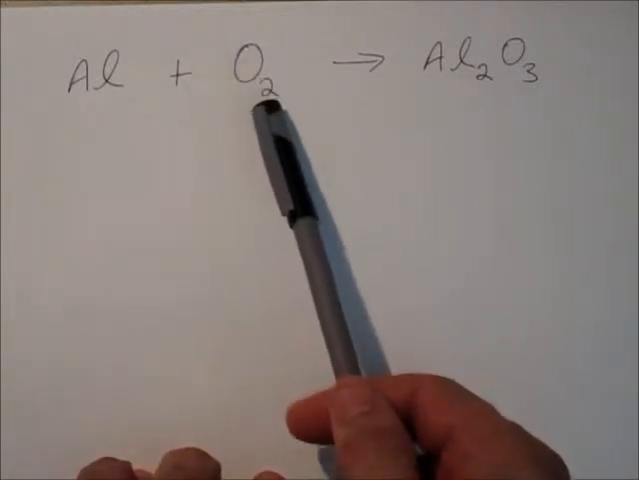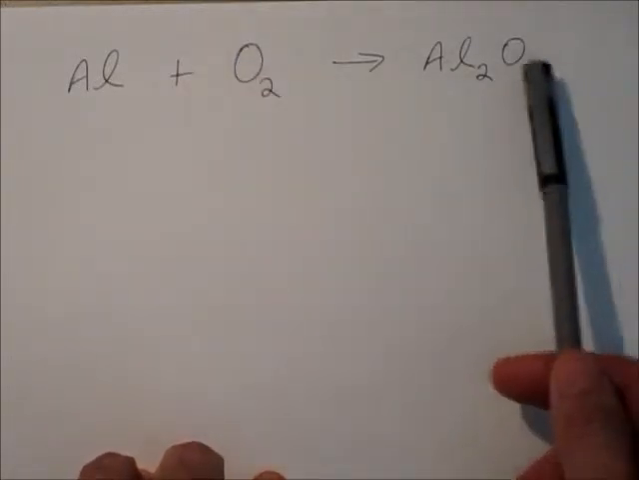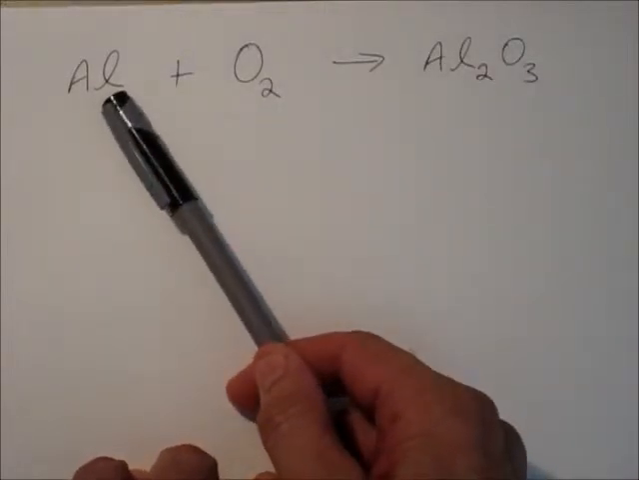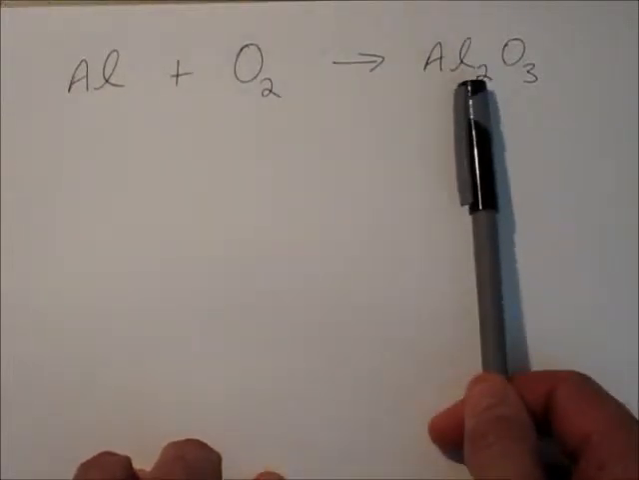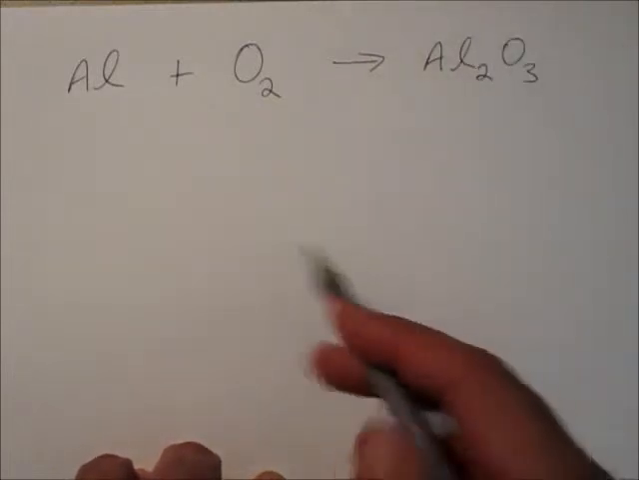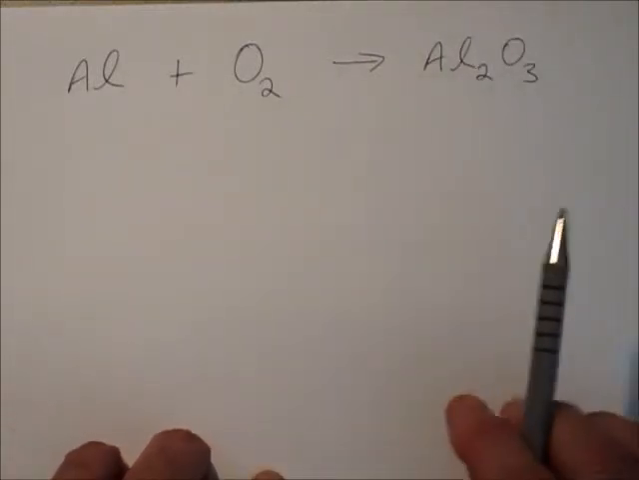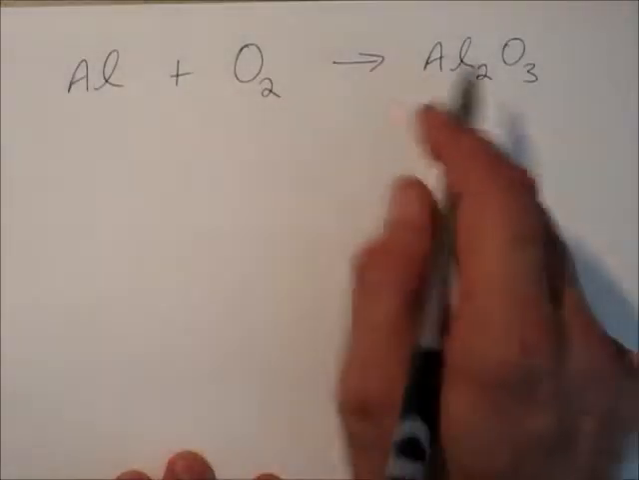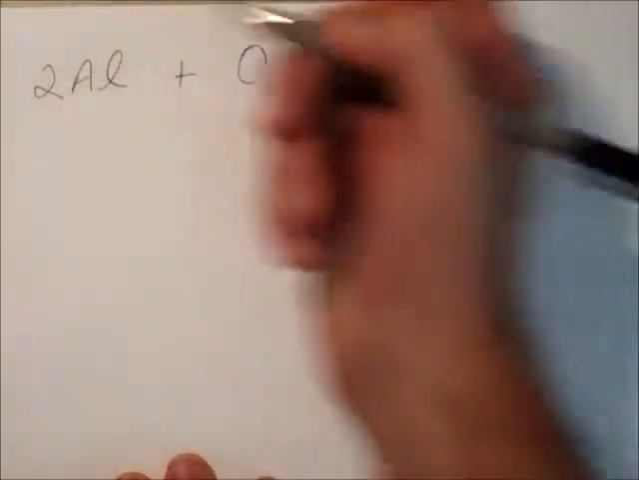Okay, now we've got to balance this thing because obviously you can see straight away we have an issue. We've got 2 atoms of oxygen here, but we end up with 3 on this side. We've got one atom of aluminium here, and we end up with 2 of them on this side. Okay, so how do we do it? Well, to me, the easiest way to do it is to put a 2 in front of the aluminium,